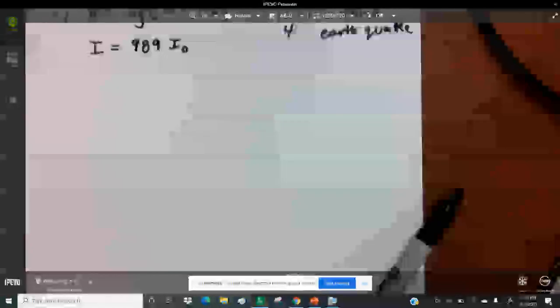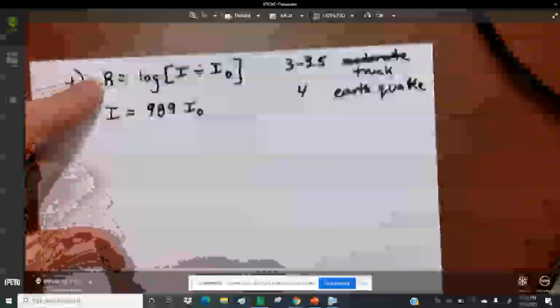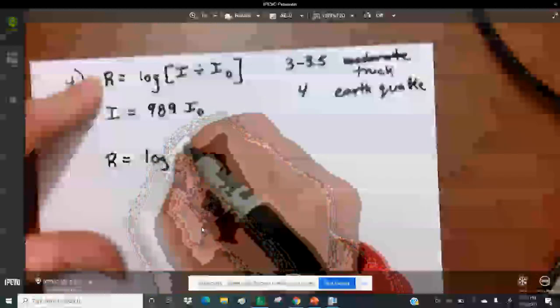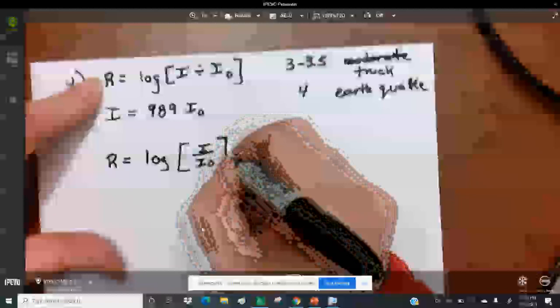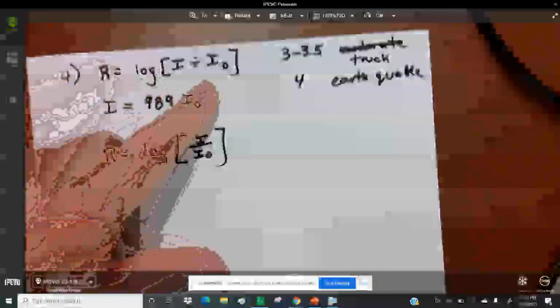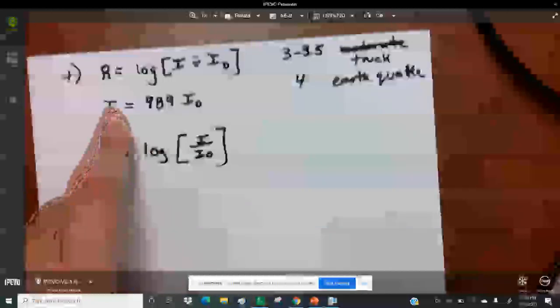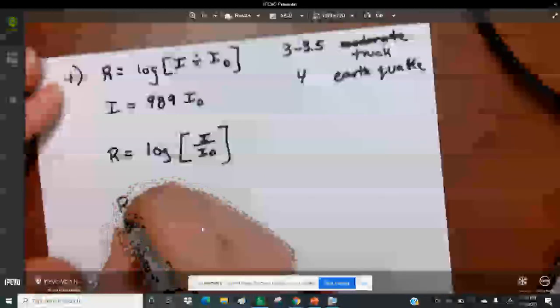All right, so what you have to do on this one, again, here I wrote down the information. But if you think about this equation a little bit differently, if you think about this as the log of I over I0, I think that kind of helps you a little bit because this is just division. So these are really the same thing. So they give you this information. They tell you that I is 989 I0. So if you plug that in,